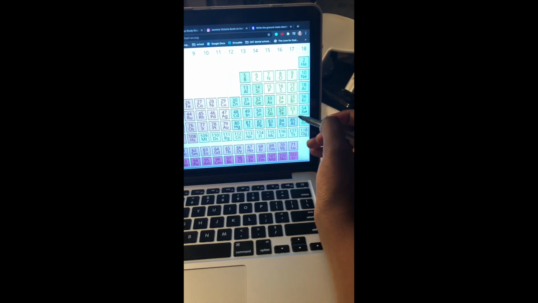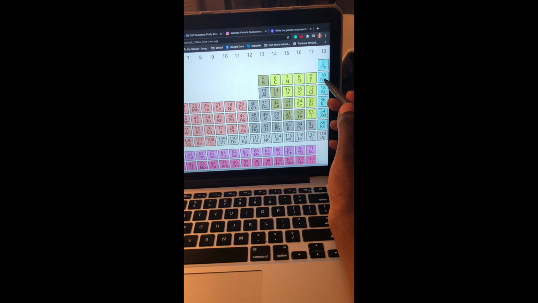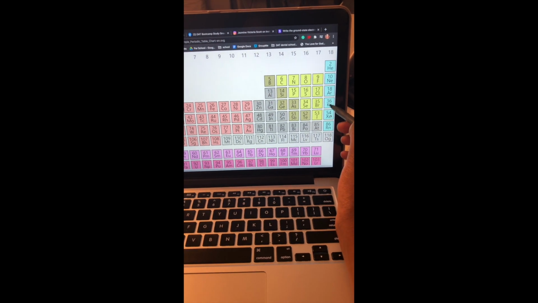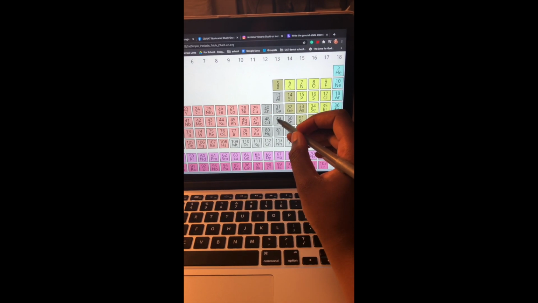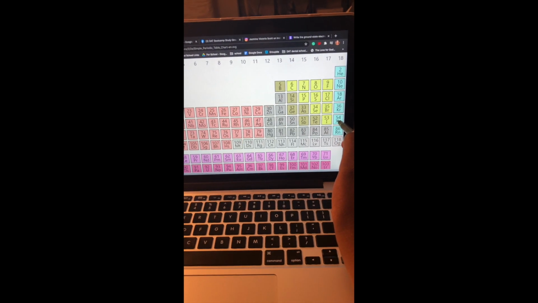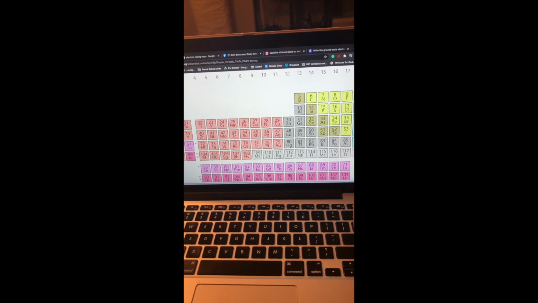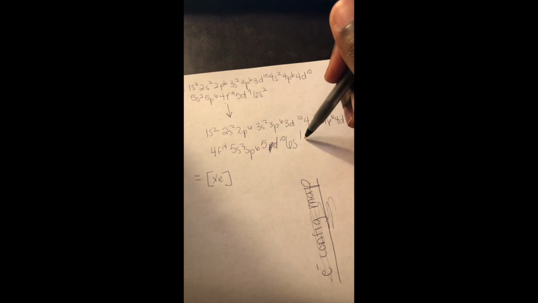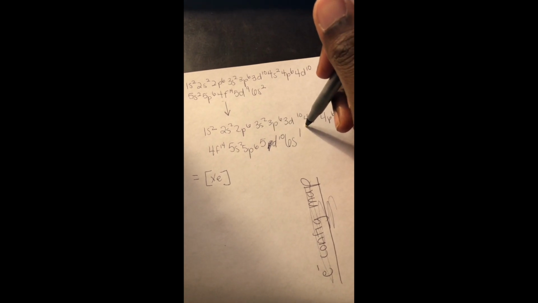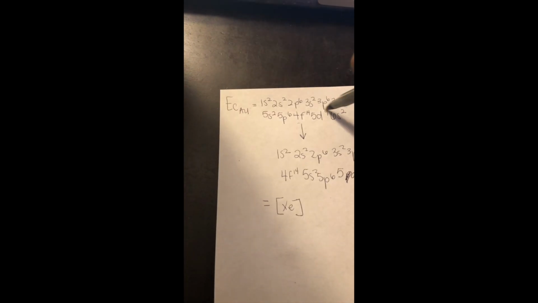xenon. And if we look on the periodic table, xenon, remember P starts at level 2. So 2, 3, 4, 5. And this is our P block. And we have 1, 2, 3, 4, 5, 6. So anything after 5p6, we're going to want to rewrite. So after 5p6, we're going to want to write up here. So because remember the